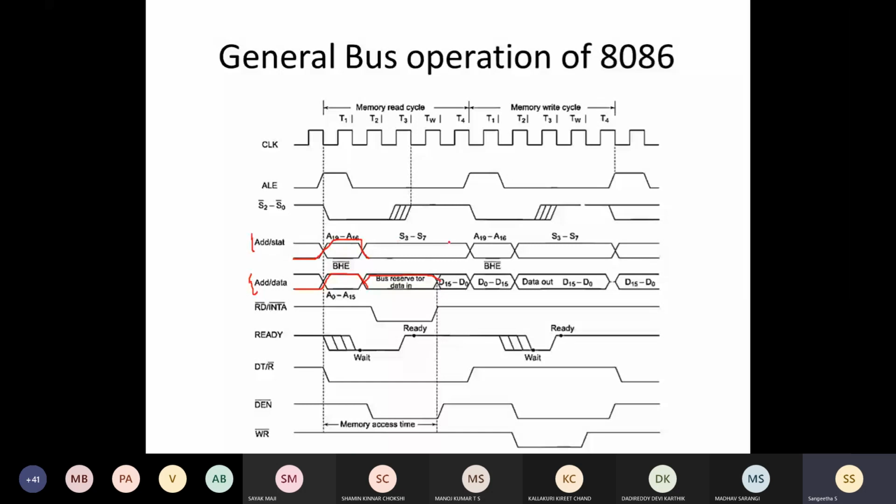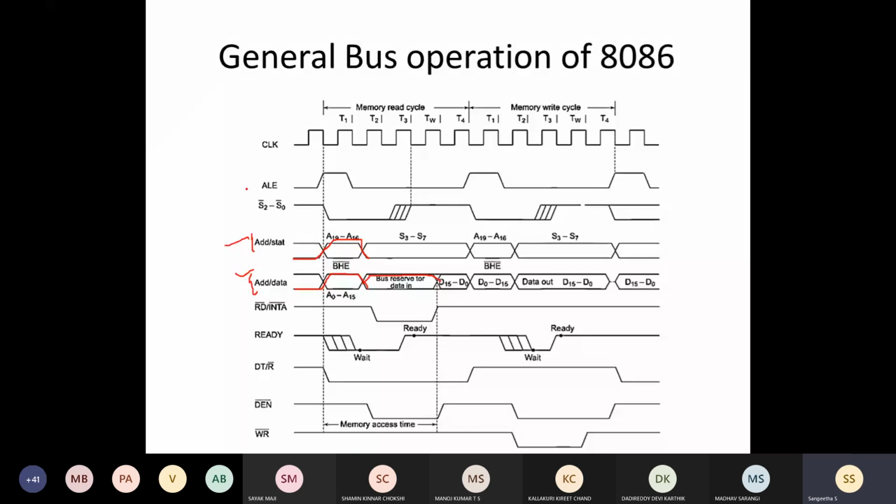So whenever a read cycle occurs, during the first T1, address will be sent. Address is sent means it is going to distinguish your address and status, and address and data bus. So that's why in the first duration, address will be enabled. So wherever you have multiplexed along with some other value, it may be data or status, only address is enabled, and after that cycle, you will transmit your data. Okay, so I think these two might be cleared.